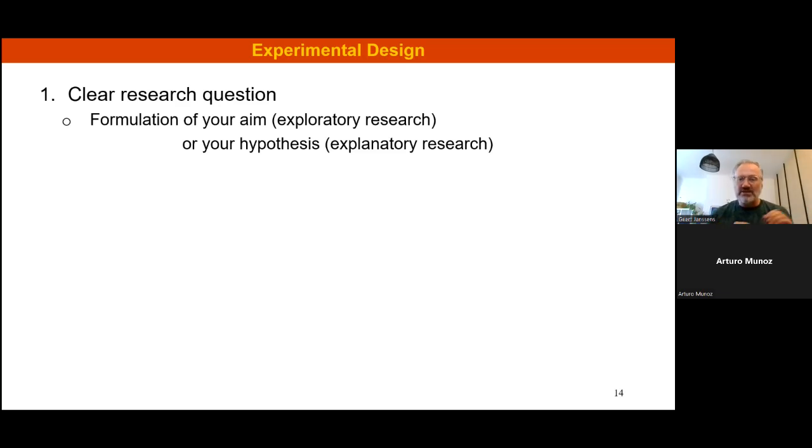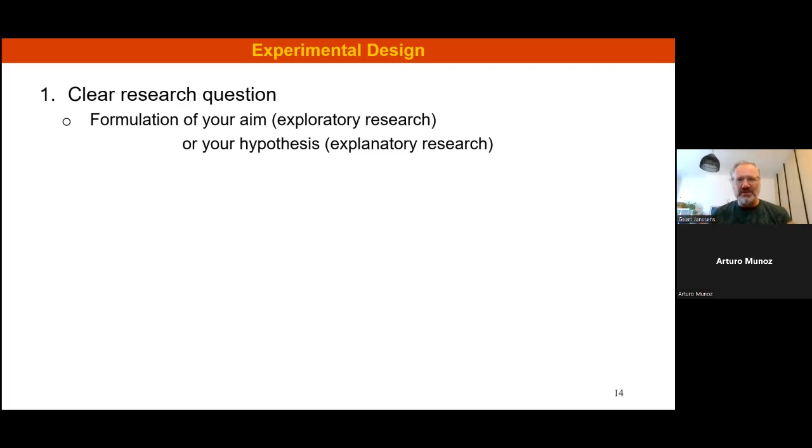In the case of Charles Darwin, he was indeed looking like, why are animals becoming so different? Where does this come from? So that's a clear research question, which meant that when he started selecting his samples, he was already looking for something. A hypothesis is when you say, okay, we already have some information and we want to test something